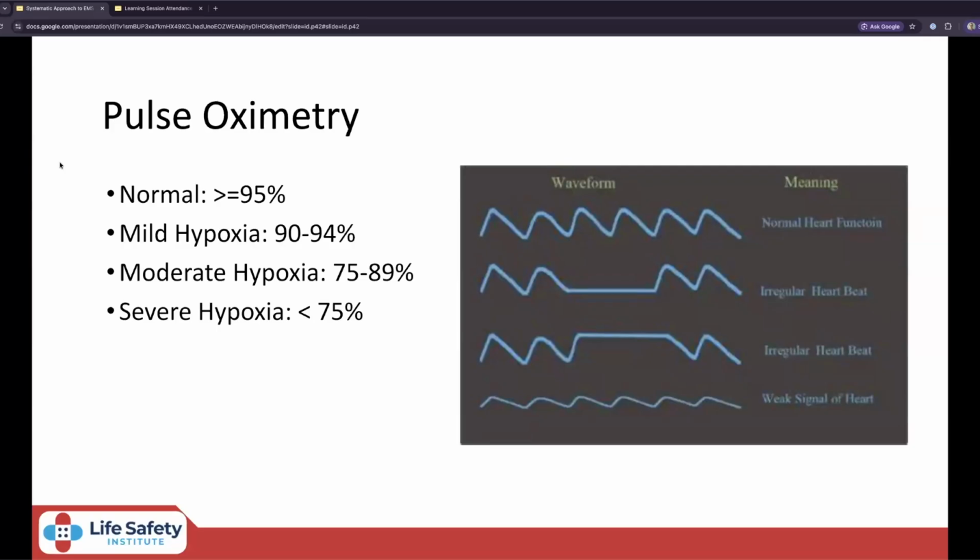Spend some time, and as you get more comfortable with pulse oximeters, you'll get a little bit better at managing these things. But if you get a low reading and the pulse oximetry wave is low and muted, first spend some time and make sure the pulse oximeter is good. There's not too much light. It's seated right. And then if you're able to get a good normal waveform and the number shoots back up, great. But if you're getting that good normal waveform and the number is still low,